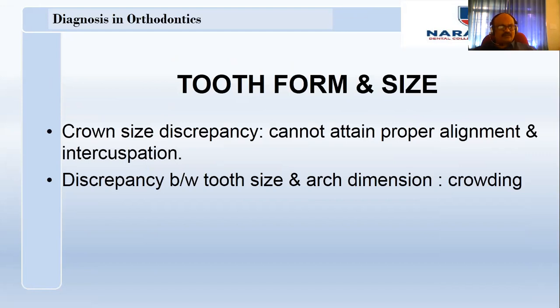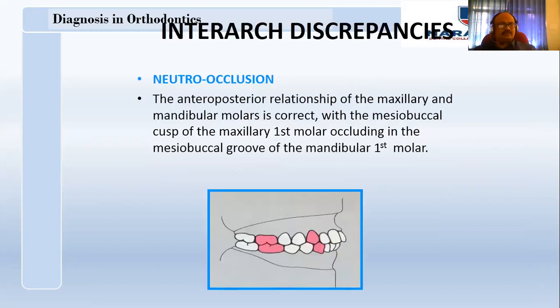So as we have already discussed, the crown size and tooth ratio should be such that the crowns are very closely related to one another. They should be in a perfect line without any spacing or crowding. So you have seen the upper arch, you have seen the lower arch, note down the individual abnormalities. Now bring the two teeth together, maxilla and mandible.